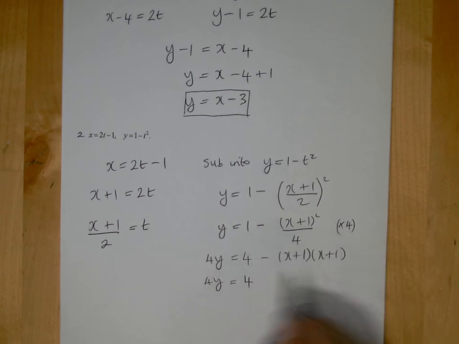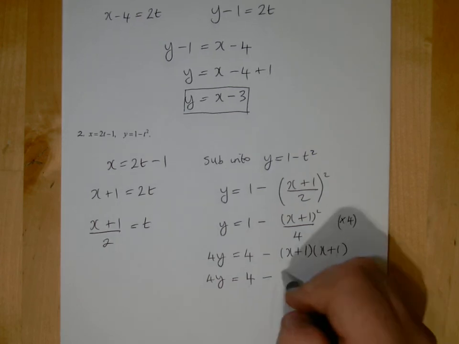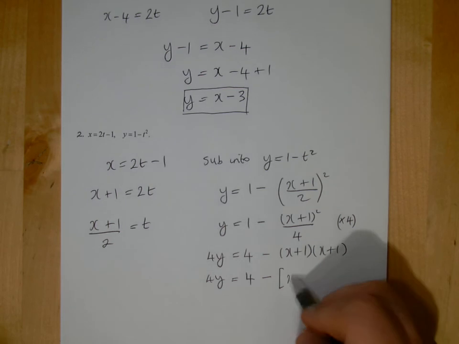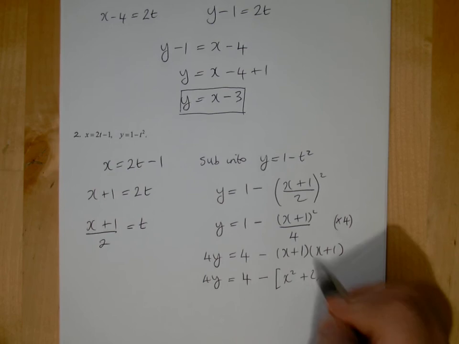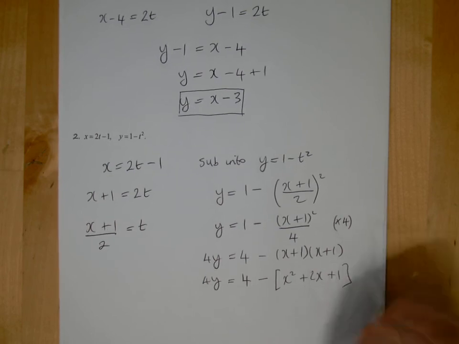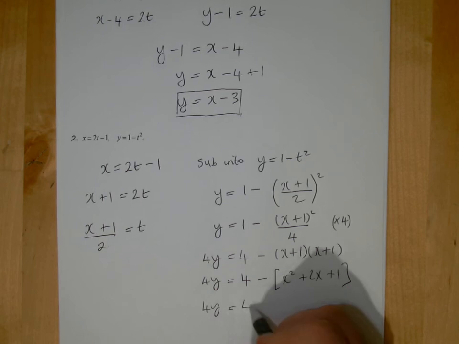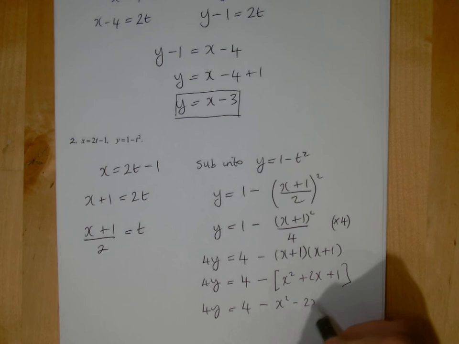So then let's multiply out this bracket. So let's put that minus there. Let's put a square bracket. If we multiply that out, first I get x squared, out as I get x, in as I get x, so that's 2x, and then last I get 1. So now I've got 4y equals 4. Let's apply that minus to all this. Minus x squared minus 2x